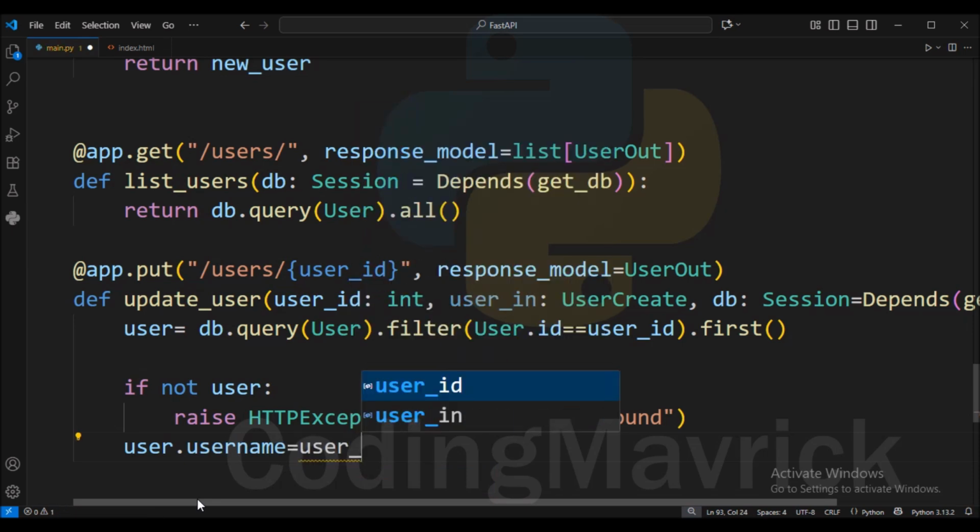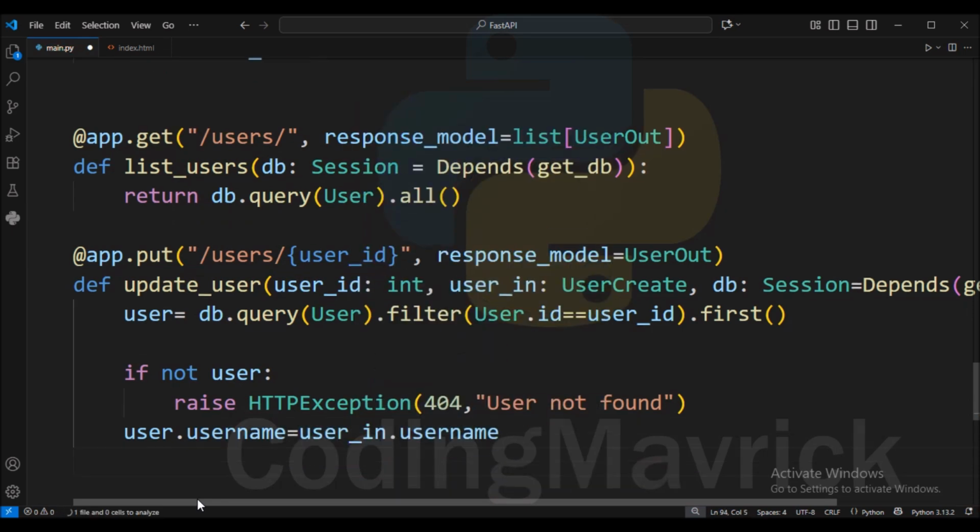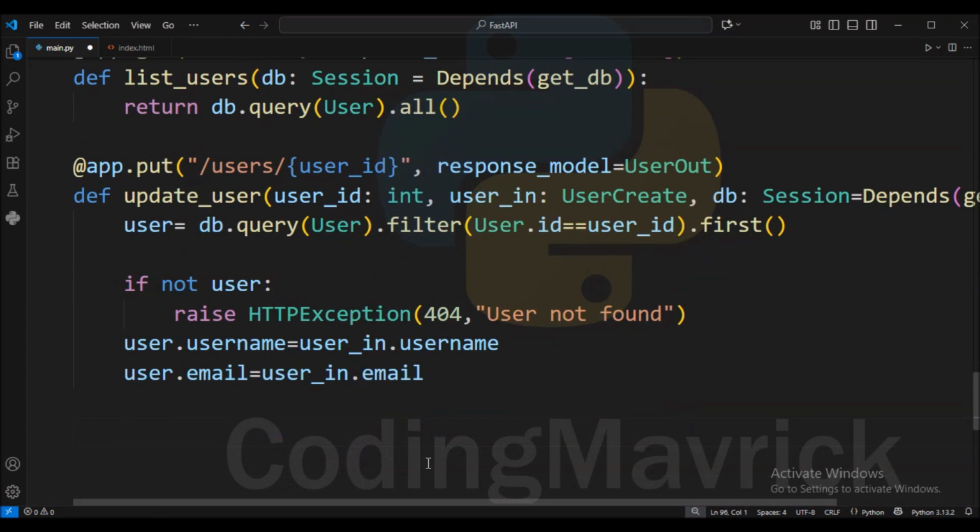We will update the username and email on our API side with the username and email coming from the client side through the user_in object. The user on our API side is basically the ORM object.